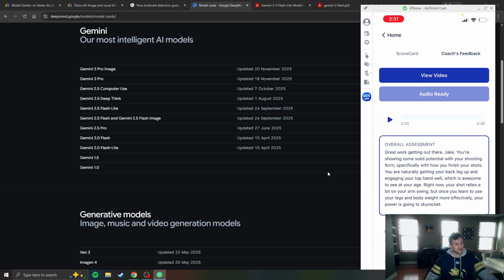So anytime you're just trying to do quick wins, make your app a little bit more personable, that's where you can get away with flash-lite. Now, what you'll notice here is there's a second piece of this puzzle, which is the audio piece. Right now I can play my app and it would play the audio summary for the child or player who's looking at this. So I now need to use an audio generation